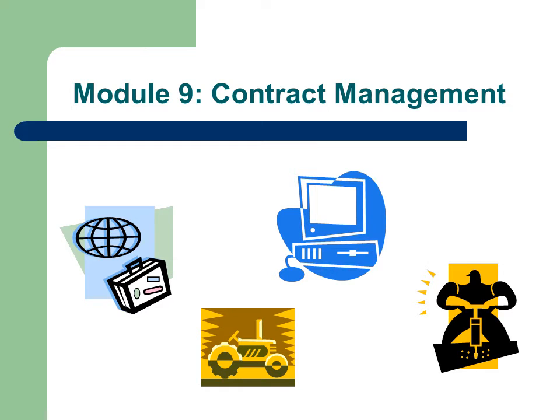Module 9, Contract Management. As part of a project, we often need to procure goods or services from outside the organisation. This requires a formal process of selection, culminating in the signing of a contractual agreement. In large organisations, we sometimes formally procure services from another section of the organisation. In these cases, the services are paid for from project funds and a contract or service agreement is also drawn